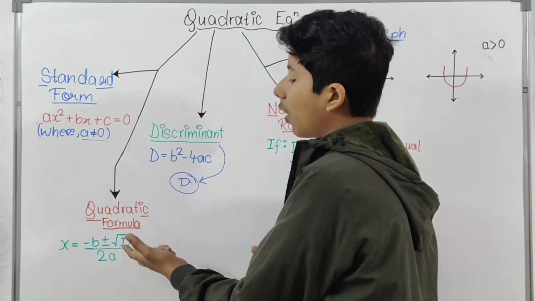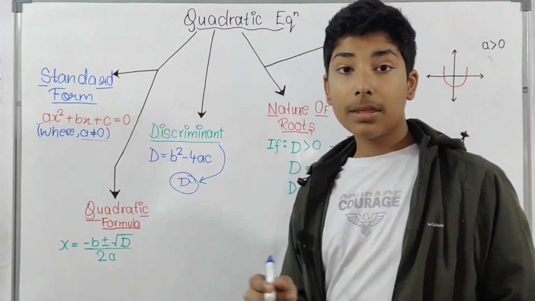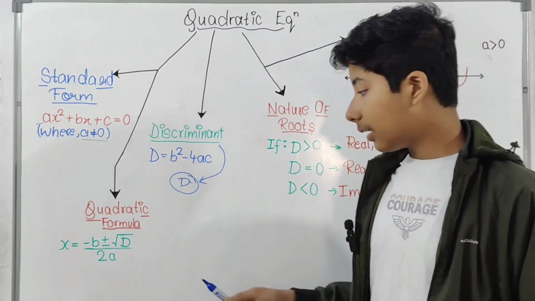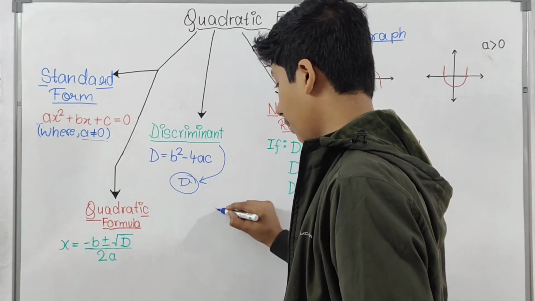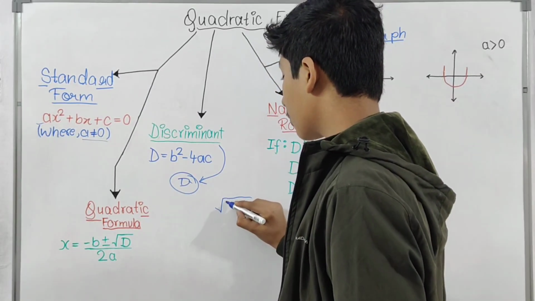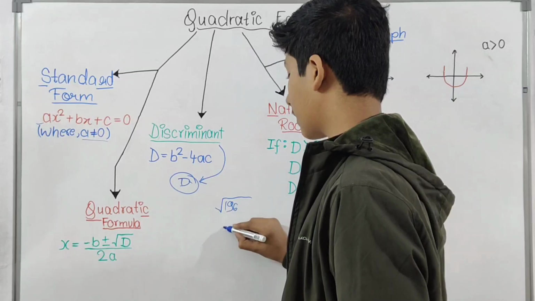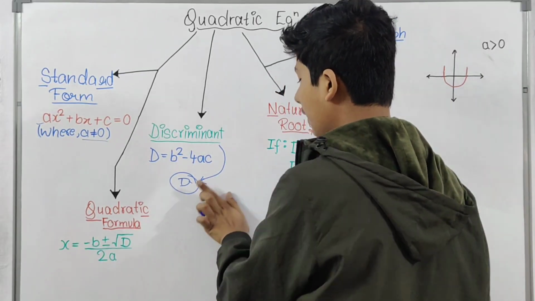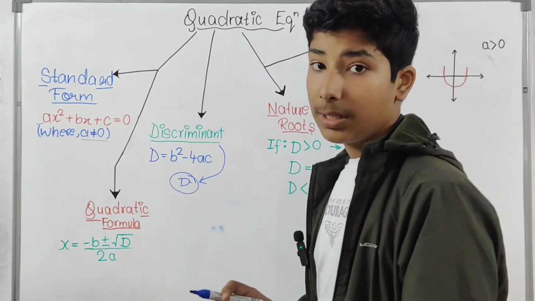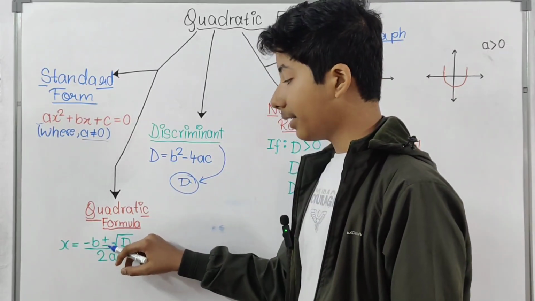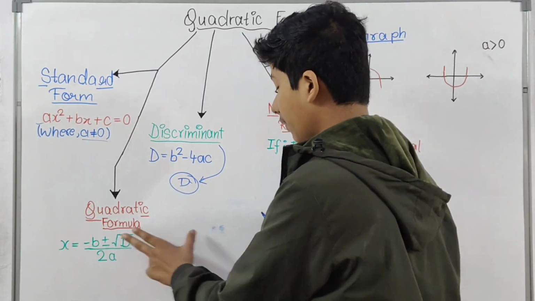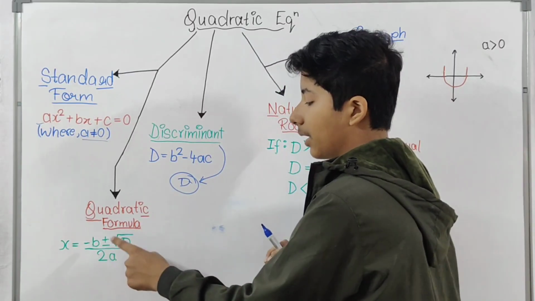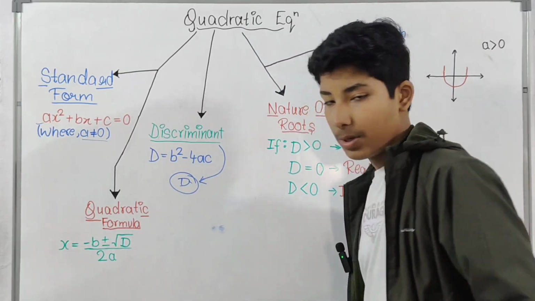When you solve it, in the exam, you will usually get a value in the root which is a perfect square, for example root 196, which can be written as 14. In maximum cases this happens, but in some cases it is not there. And here, when you solve it with plus minus, the one value will be minus b plus root d upon 2a, and the second will be minus b minus root d upon 2a.